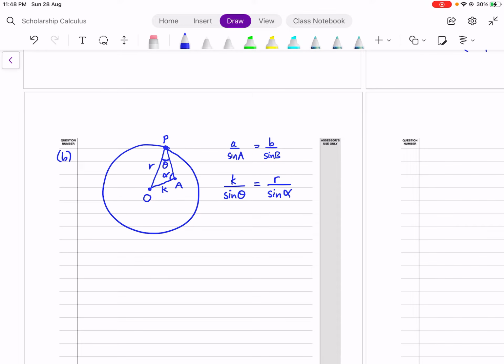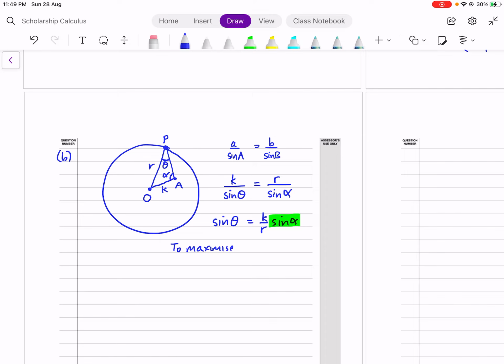Okay, remember my objective is to maximize theta. So if I rearrange this equation, I'm going to have sine theta by cross multiplication is K over R sine alpha. Now, alpha's free to vary, because if P moves, alpha changes, and so does theta. But what I do know is that this thing here has a maximum value of 1. Sine alpha is never bigger than 1. And so therefore, if I want to maximize theta,